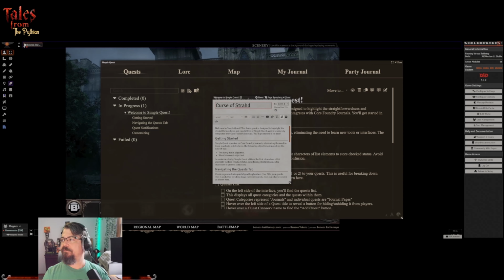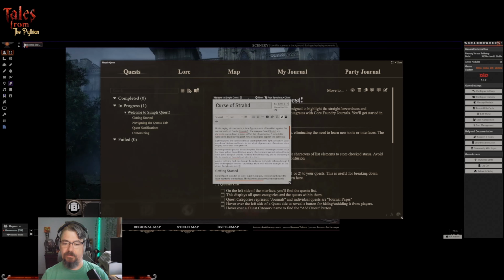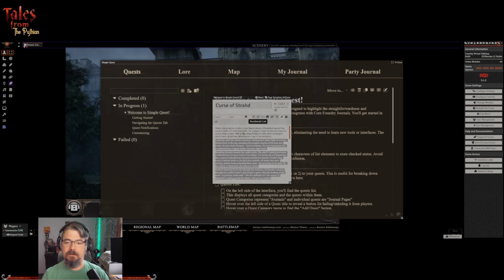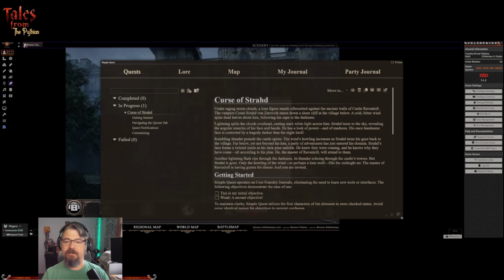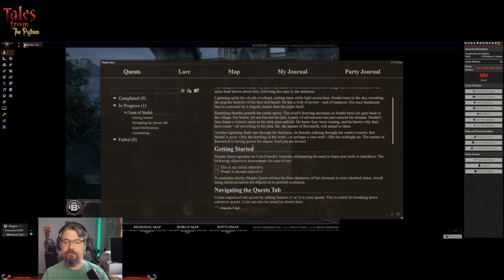And then if we wanted to add a little flavor in there, we could take the introduction from the module and just copy that and paste it right here, right? And then we'll grab all of that text, we'll clear the formatting,